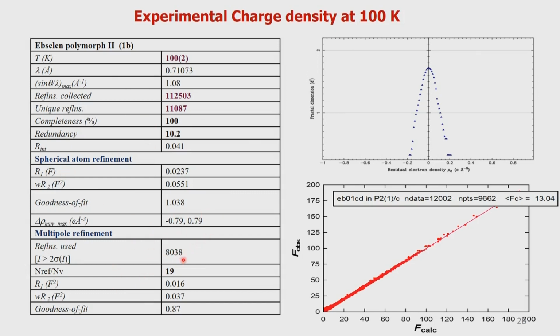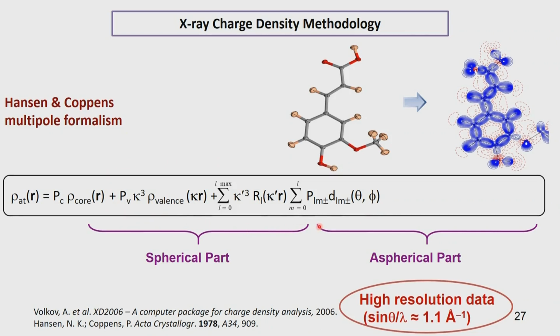You see the number of reflections now used are 8,038. We have made some more filtration of that, because we now consider reflections above the threshold of 2 sigma I. Sigma represents the threshold. What is important in this data again is the over-determinacy. Just like any structural refinement, we had over-determinacy. Here for every variable, which is now increased in number, because now the variables are not just x, y, z, we have to refine many other parameters to define this asphericity.